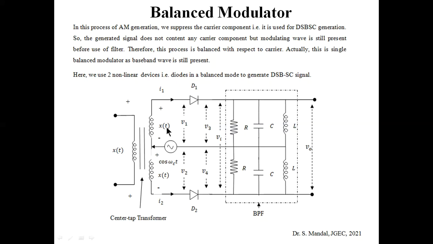Obviously for mathematical analysis we are considering both as x(t) and x(t), whose polarity is positive negative and positive negative, like this. But in real life, if this is 2x(t), then obviously this will be x(t) and x(t). But in the mathematical analysis we just consider x(t) and x(t), because the voltage will be divided by 2. So if the input is 2x(t), then it will be x(t), and in the lower portion the corresponding output will be x(t) also.